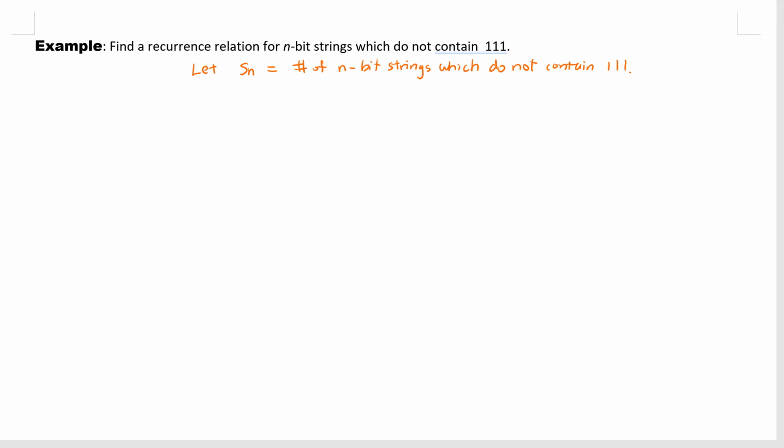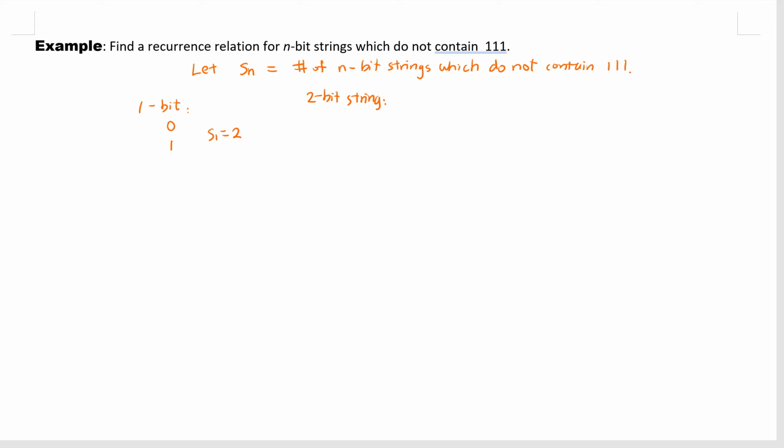Okay, so let's look from the easiest case to more and more bits. The easiest, we have 1 bit. Well, 1 bit is either 0 or 1, so S_1 equals 2 because we have 2 strings, right? For 2-bit strings,